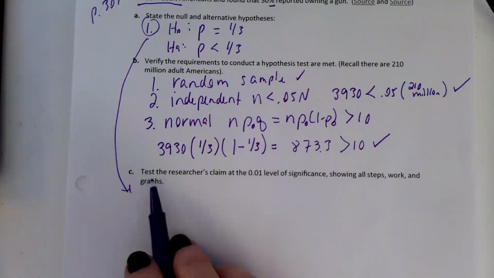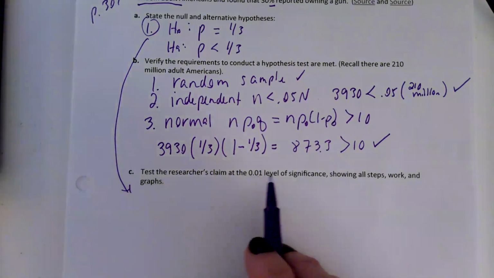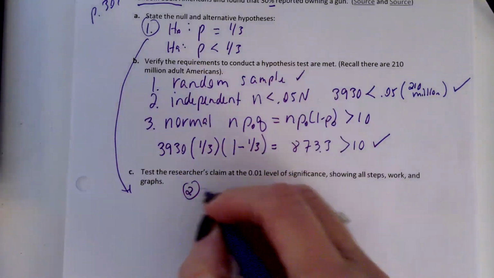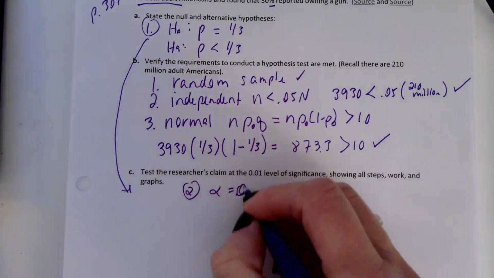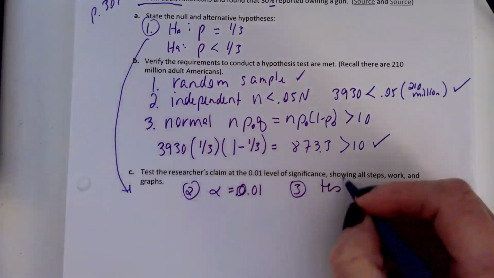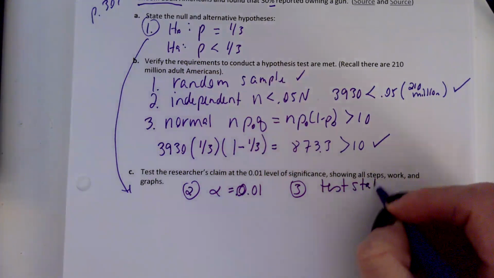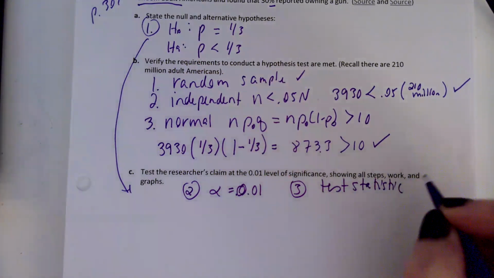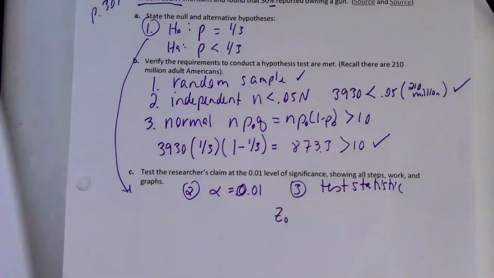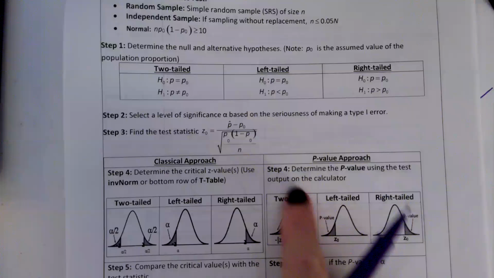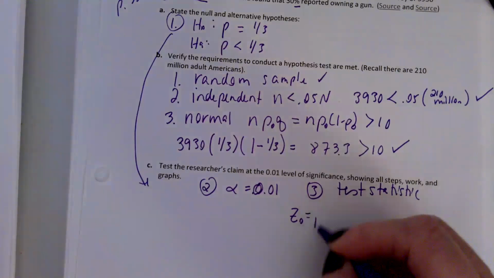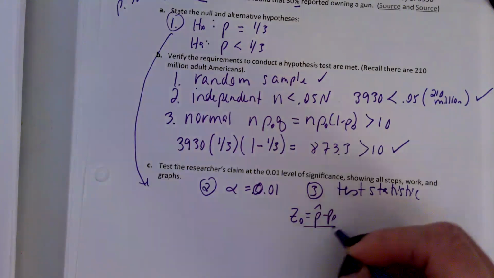Part C says, test the researcher's claim at a 0.01 level of significance. Well, we've already done step 1 up here. So step 2 is alpha is 0.01. Step 3 is our test statistic, which remember is just a fancy Z-score. And because we're using page 302, it's a Z0, and this is the formula that you should state for me: P hat minus P0 over